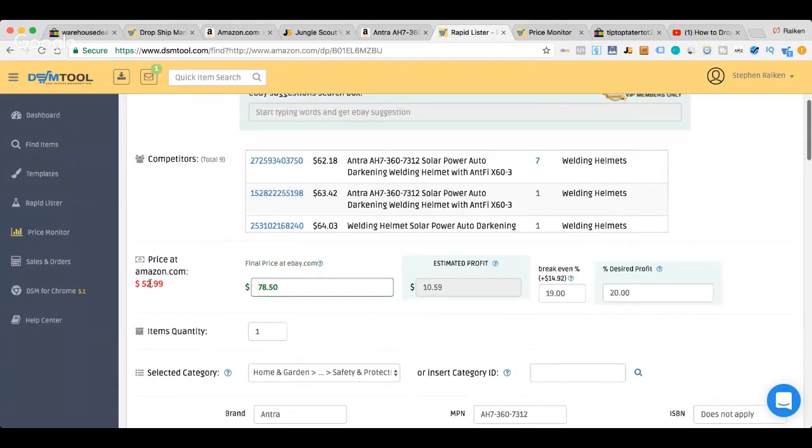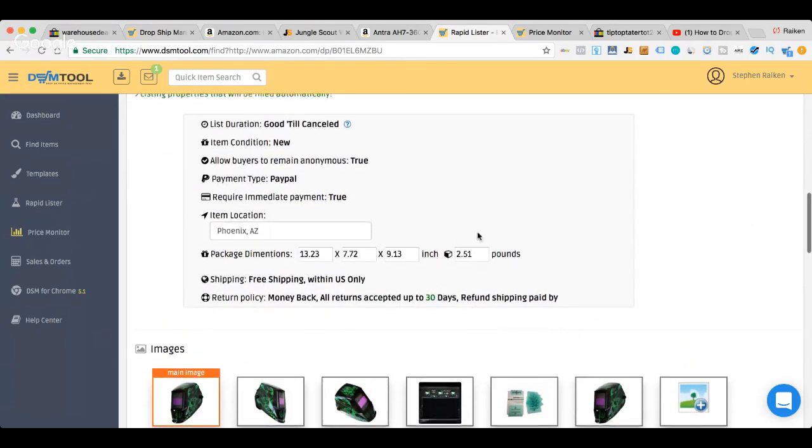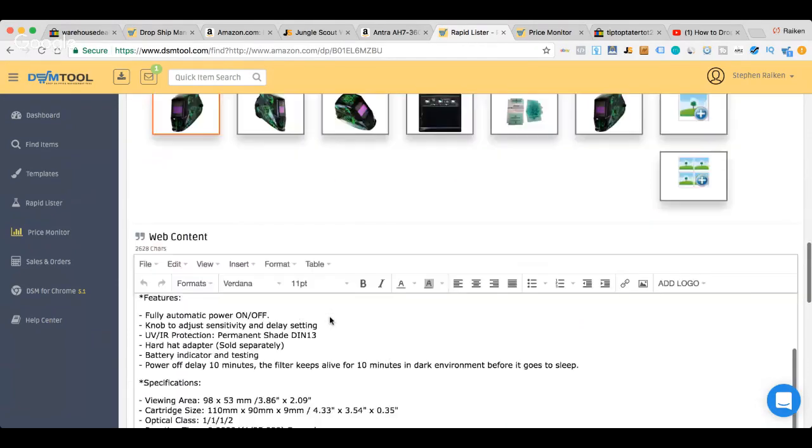So $52.99 is what it's selling for on Amazon. My break even is around 20%. Again, that's taking into consideration the 10% eBay fee, 3% PayPal. I'm up to 13 plus my 6.35 Connecticut sales tax. So I'm up to about 20% right there. Let's say I want to make a 10% profit. Then I would want to list that for $72.86. And again, you could change all of this, but there's no point in changing that from my understanding.